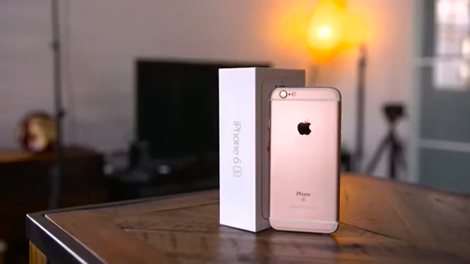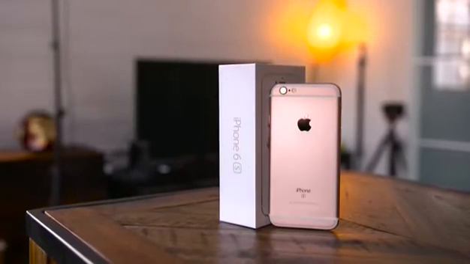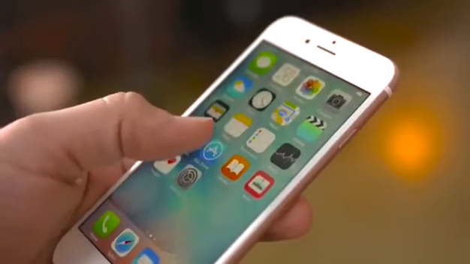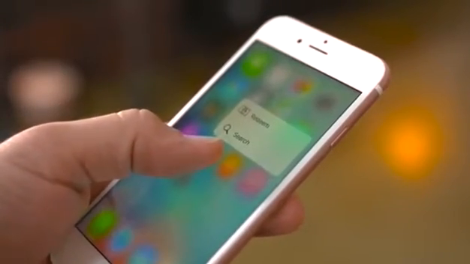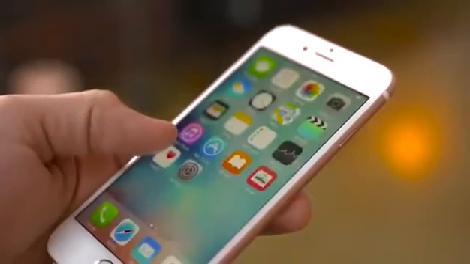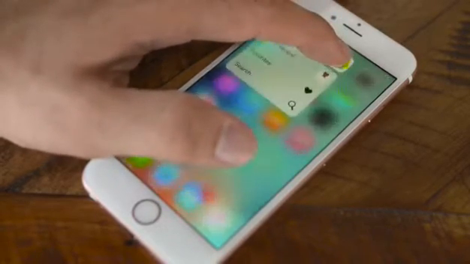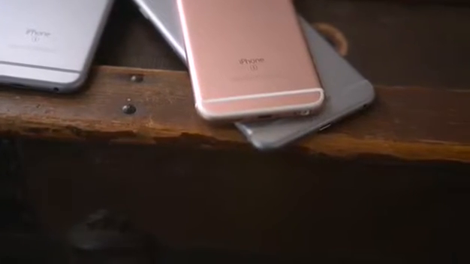Apple's iPhone 6s is finally here, and it comes along with a new feature that you may not be familiar with. Today we're checking out the best 3D touch features, and some of you are probably thinking, how is this any different from a long press in Android, right? Well, its uses may not be very different at the moment, but the technology that makes this possible is a